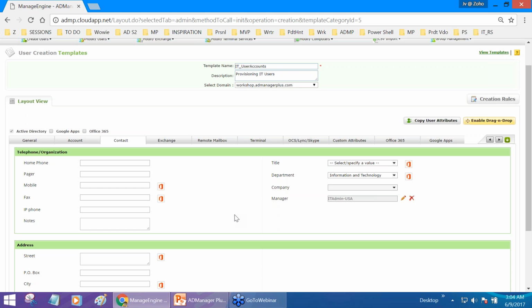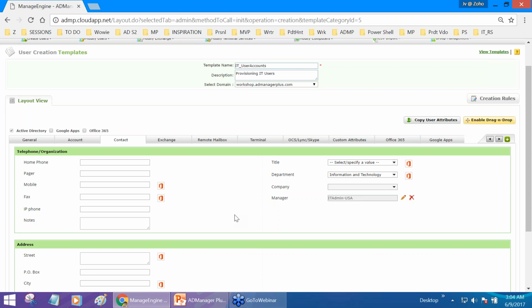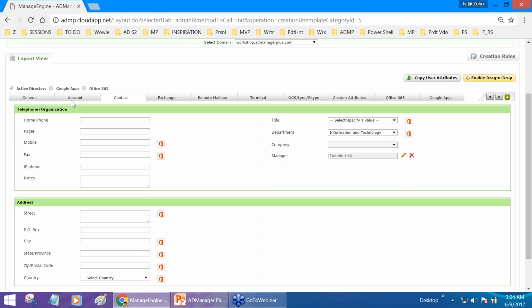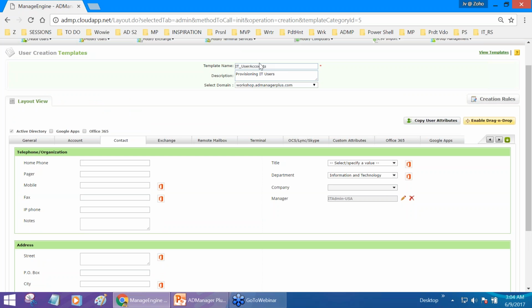We've got multiple AD attributes. As a matter of fact, we've got almost all AD attributes nicely sorted out for you under different tabs. Pretty self-explanatory. All of the AD attributes are under different categories. You can have all of those attributes pre-specified once. So for my entire IT department, the whole process of specifying attributes one after the other is getting done in